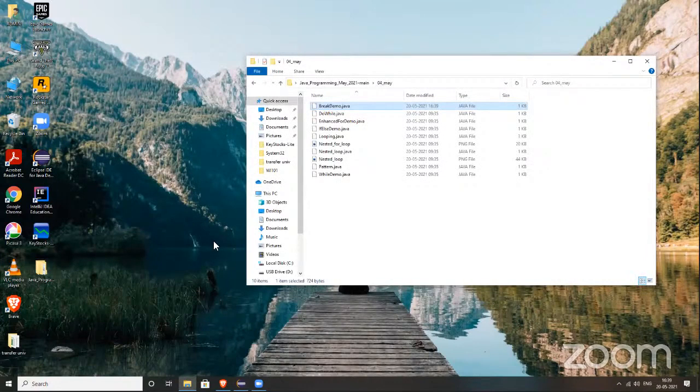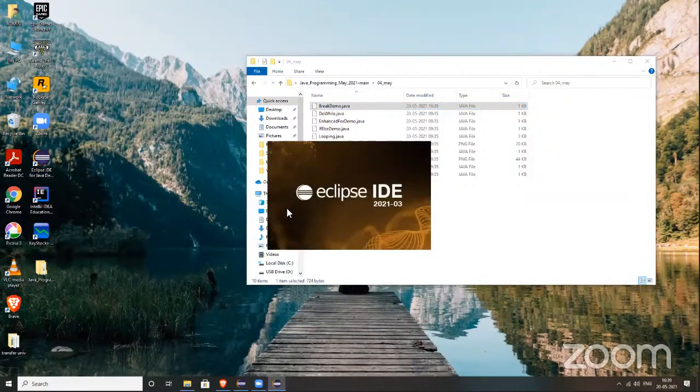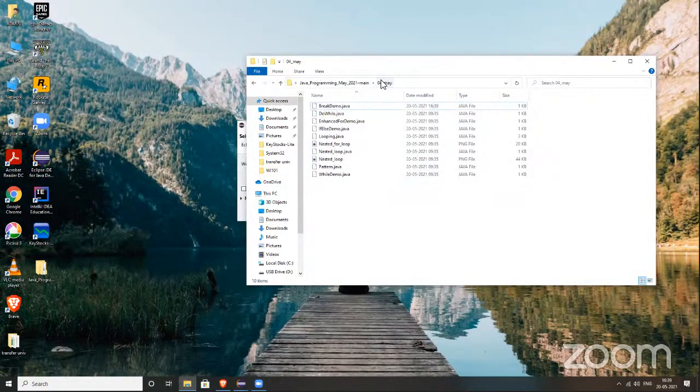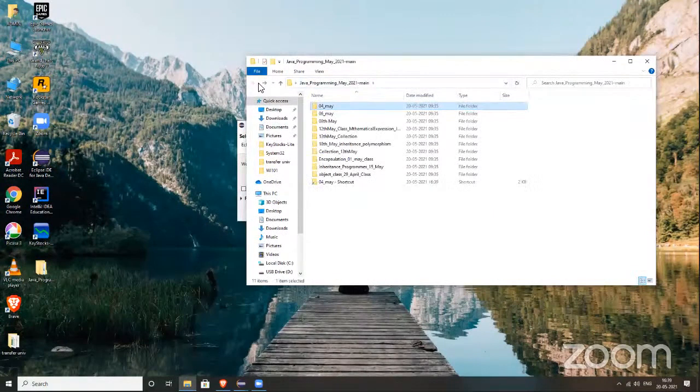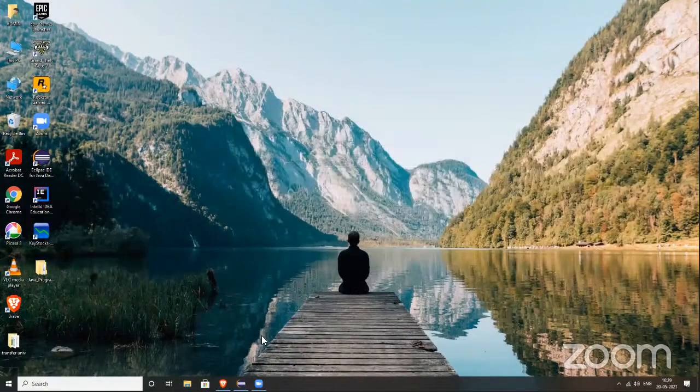No need to open the IDE. Just copy this path, the whole path. It is on the desktop.